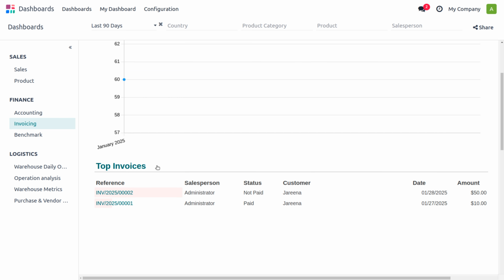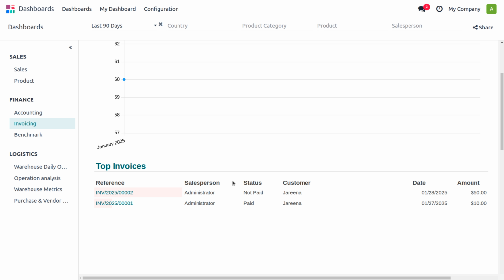As you drag down, you can also find the top invoices with the reference number and the status of each one. So currently you can see that in this case, one of the statuses has turned into paid and the other one has turned into not paid. In this case, you can see that here we haven't made the payment. So it will be set as not paid. As we have just made the payment for the invoice over here, you can see it will be marked under paid.